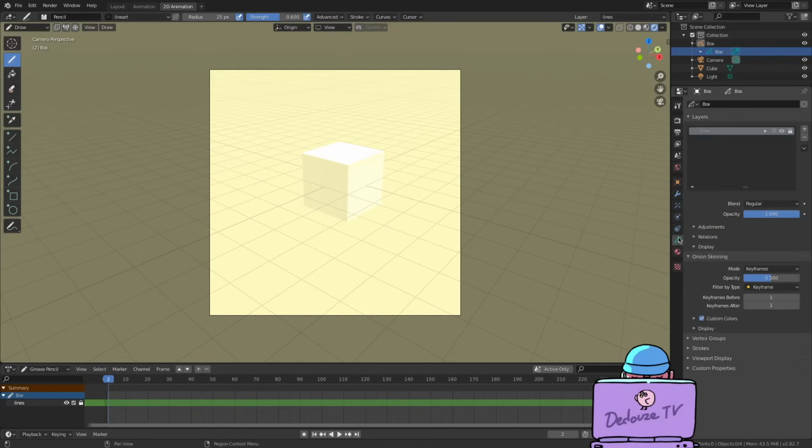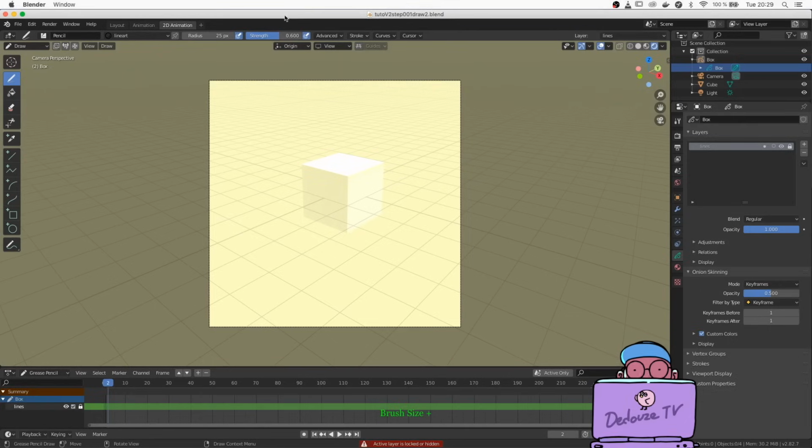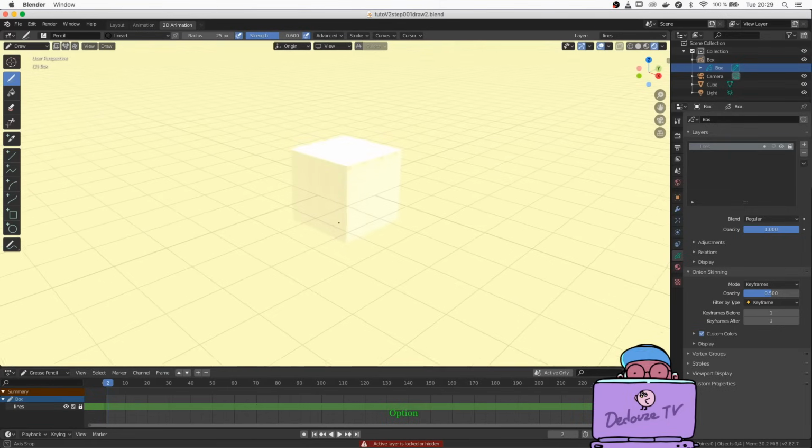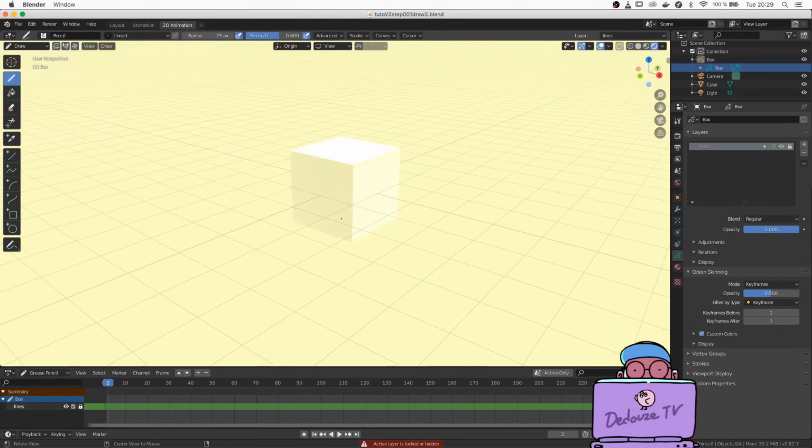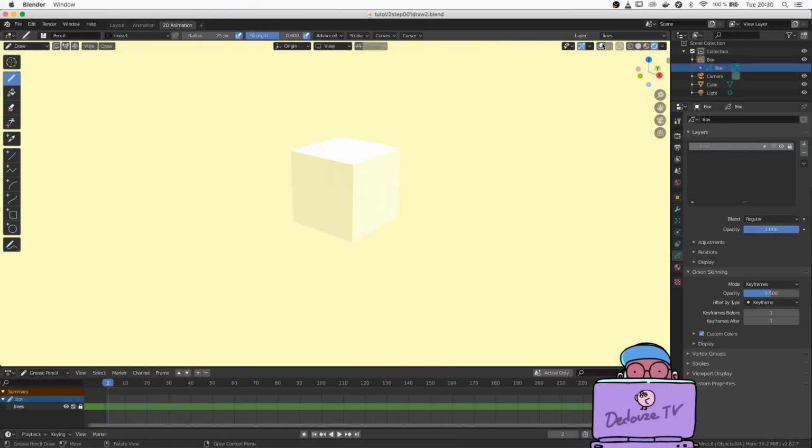Now back to the layers. Okay, I'm in the right layer because I only have one anyway. Let's start with non-animated doodles. I'll show you the animation part later. To go out of this preview frame, I'm just going to rotate the camera slightly, and I'm also going to remove the grids and overlays by clicking on this overlay button here.